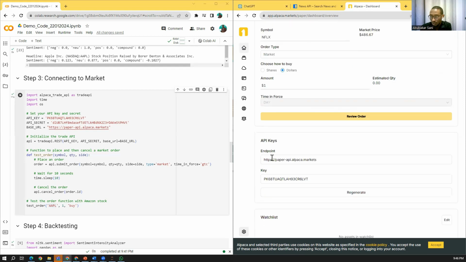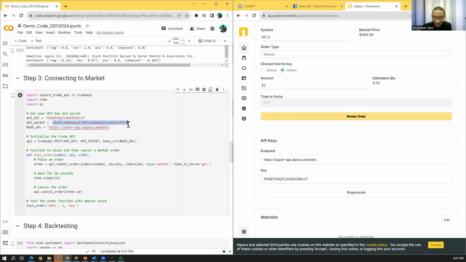But here, if you come down, you will see API keys. This is used if you want to access your account via the coding environment. This is my coding environment and this is my brokerage account. And I am going to try to buy Apple. I told ChatGPT that this is what I want to do and it gave me this code. So all I did was copy and paste. However, it told me to set my API key. So at that point, this place was holding a placeholder.